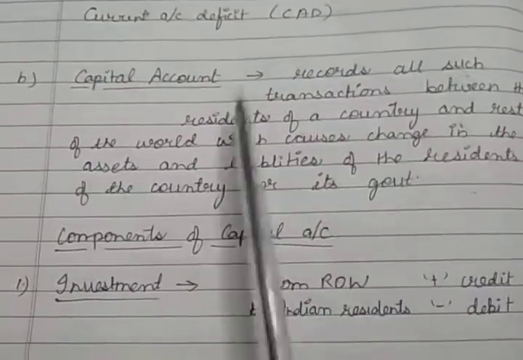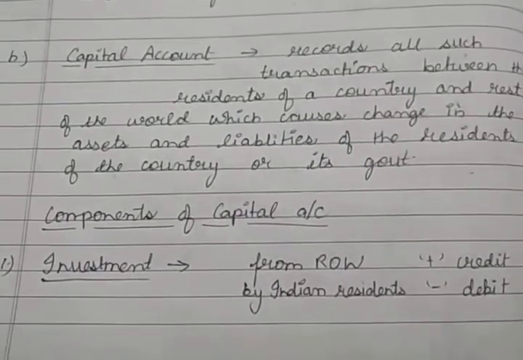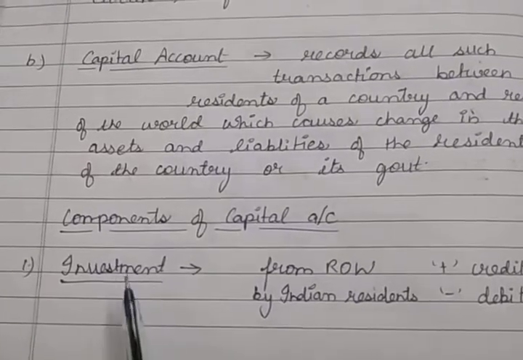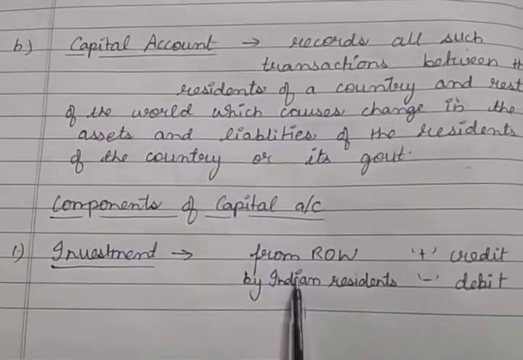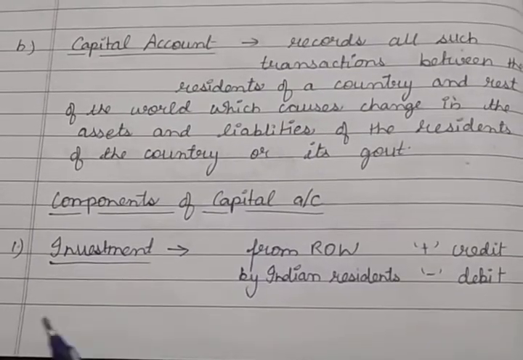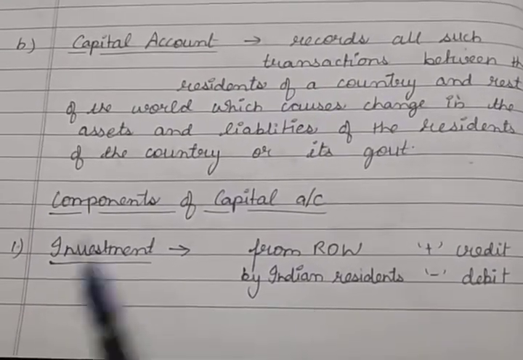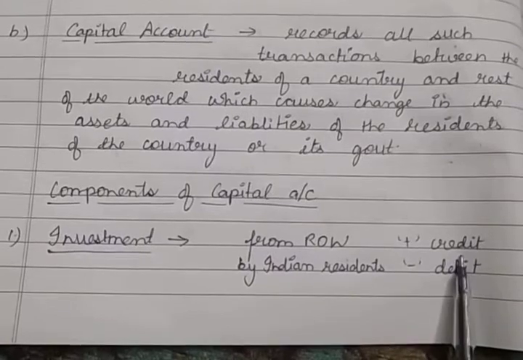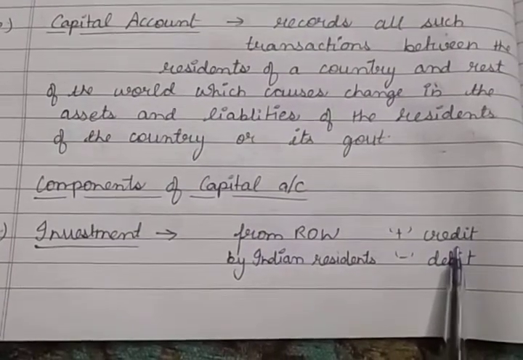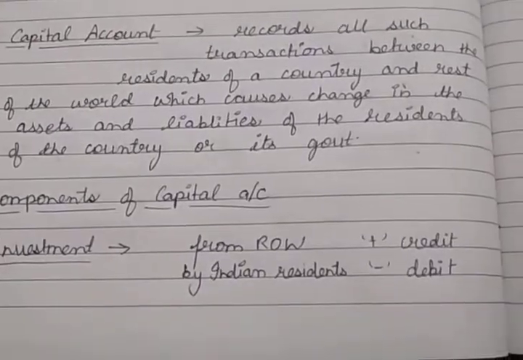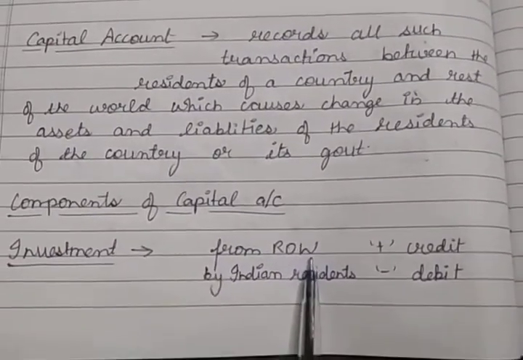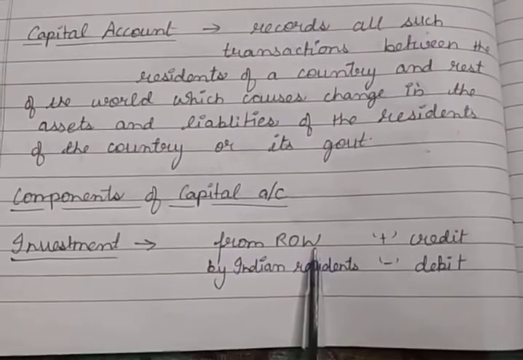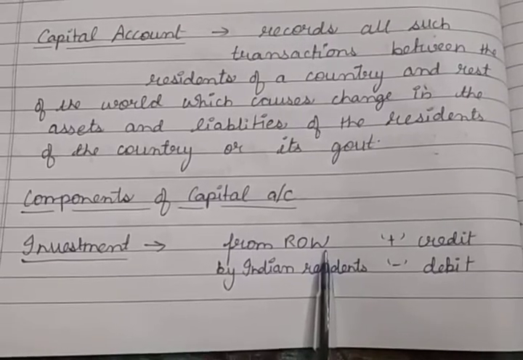Now, after the definition, let's start the components of the capital account. The first component of the capital account is investment. Investment from the rest of the world in shares of the Indian companies, or maybe in real estate, is recorded as a credit, or positive, because it leads to an inflow of foreign exchange. That means if anyone from the rest of the world is investing money in Indian companies or in real estate, it will increase the inflow of foreign exchange in our country, so it will be recorded as